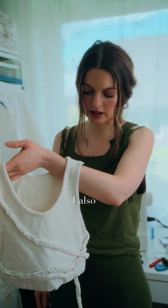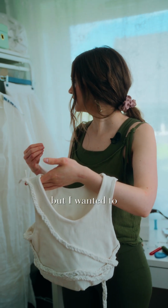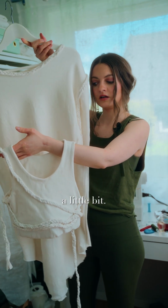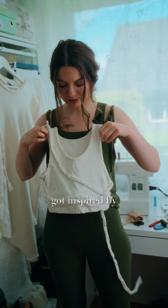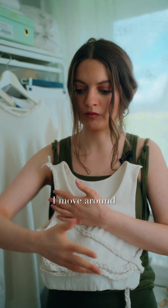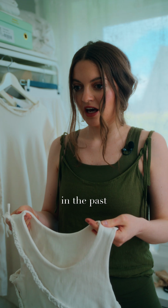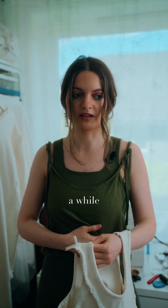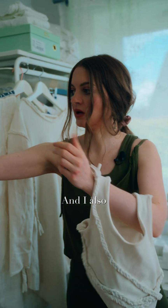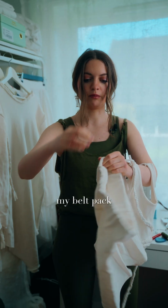I also made a little outfit for myself. I'm still unsure about what I'm going to wear, but I wanted to match Jogeir a little bit. And it's very stretchy, so I got inspired by yoga clothes. I'm moving around a lot, so I want to make sure when I move around that I'm comfortable. I've been wearing corsets and stuff in the past, and after a while the stomach and the ribs are just not comfortable enough. And I also made these yoga pants so that I could put my belt pack here